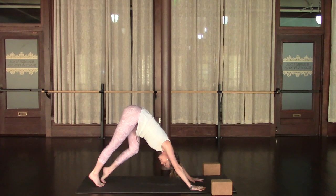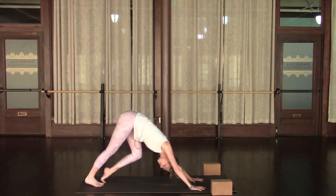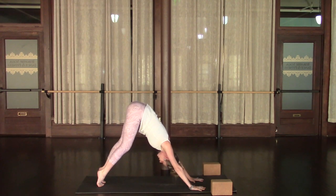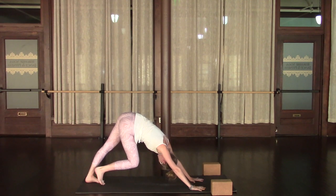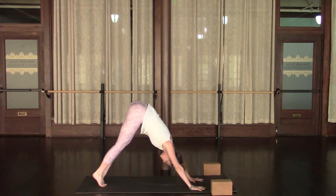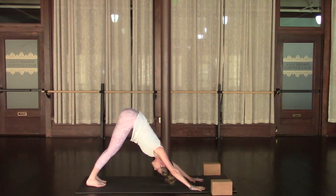Exhale, drop the right heel, bend the left knee, look underneath the right arm. Inhale, lift up. And exhale, switch sides. Inhale, lift up. Exhale, both your heels drop. So your choice here, you could take little steps to forward fold, or if you want to stay with me,